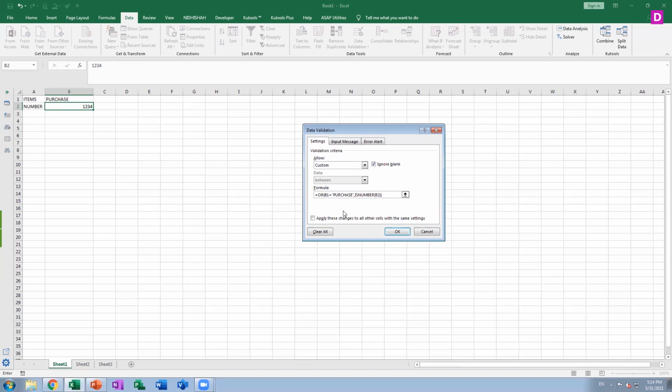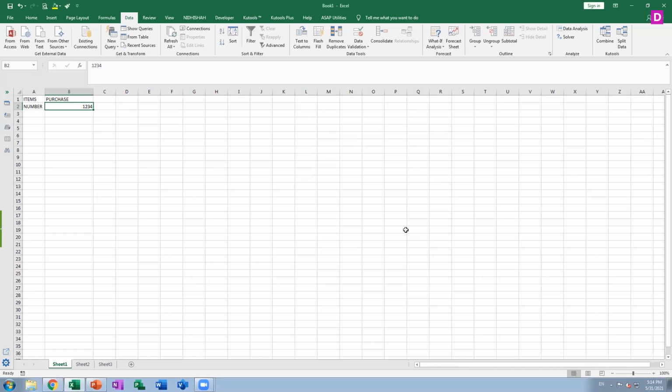Both functionalities you can use. Now you have to be clear about why we use the AND functionality and why we use the OR functionality. Okay. Now